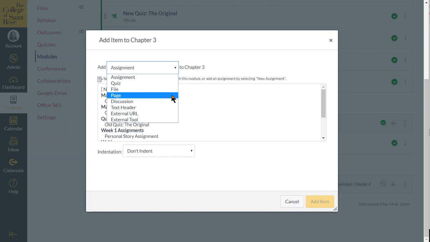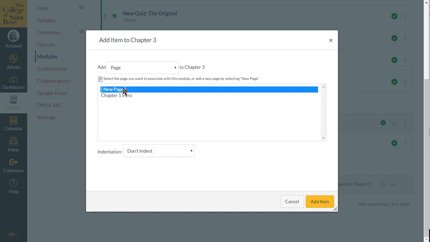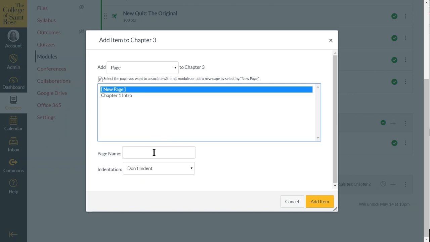It's going to be an expository page that is not a graded assignment, and it's going to be added to my module or folder chapter 3. I can select something I've already created, or I can add a new page and label it. I'm going to label it